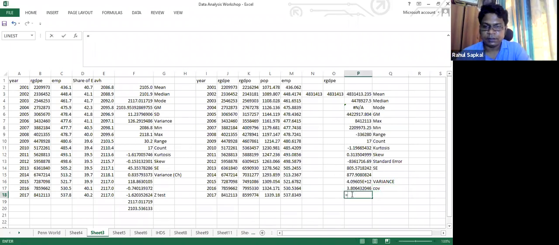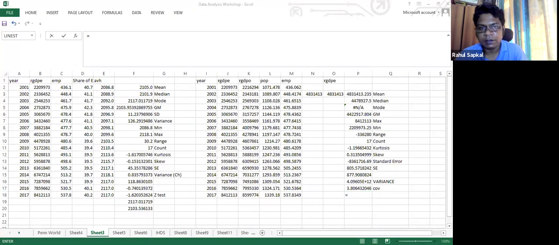Then I will put Z test. Again, I will go back to my Z test, this is my formula for the Z test. Now Z test formula is not available directly in your Excel sheet. So this is the formula we use for the Z test.